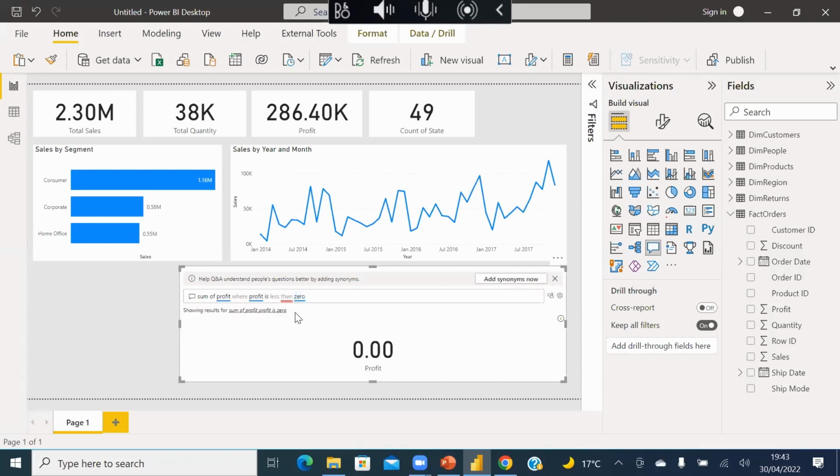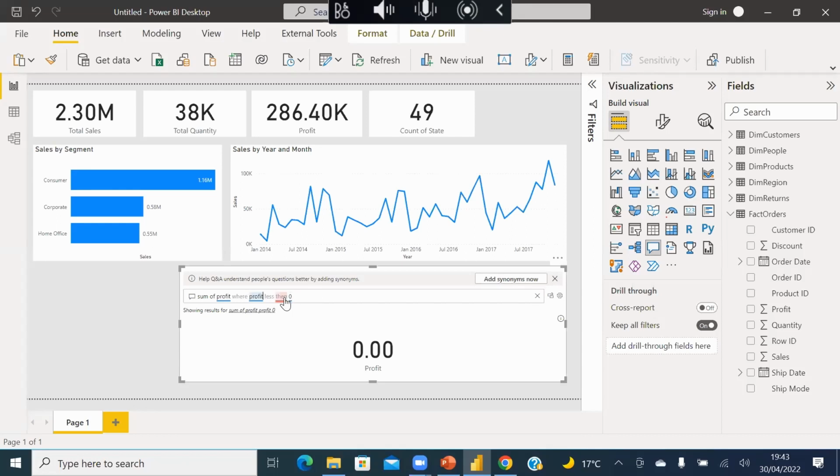So you click on this. It's giving us a value, so we can say 0. 0 now should be a value. This is not sum of profit is 0. No. Where profit. This should work fine. Where profit is less than 0.